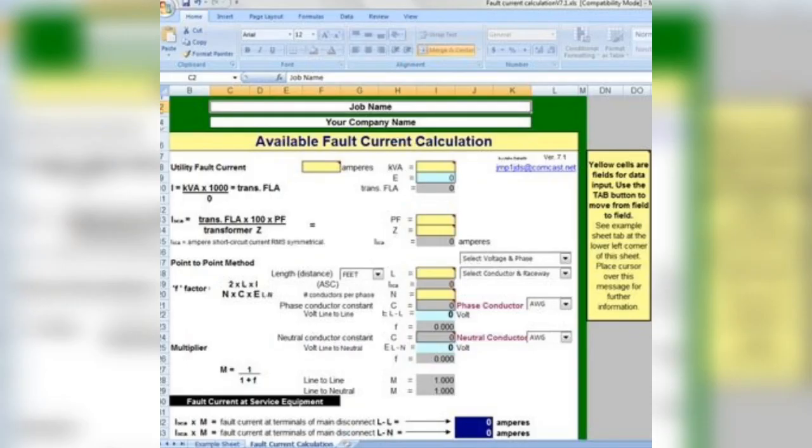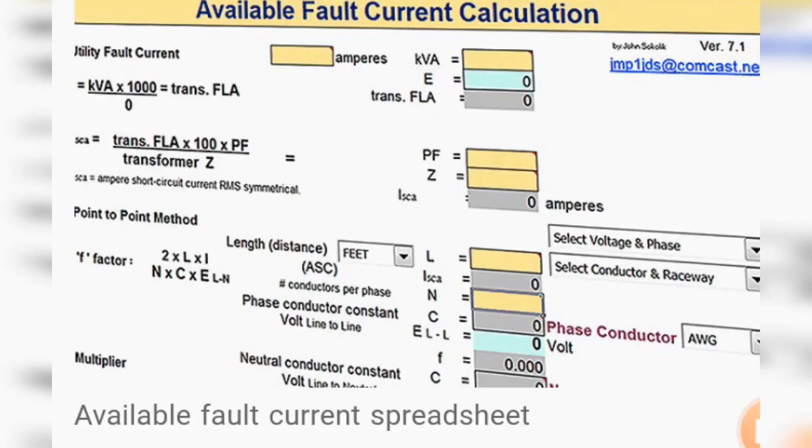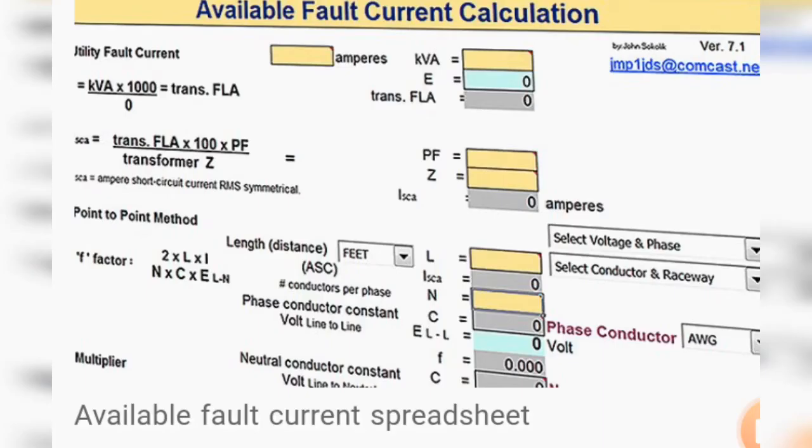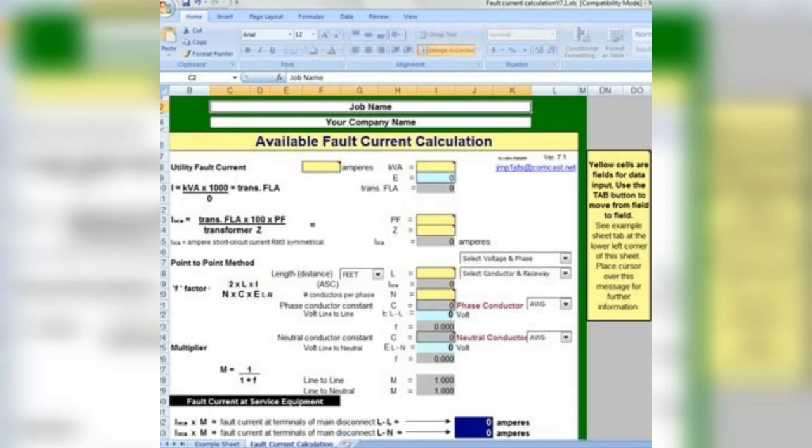Insert the kVA rating, power factor, and the impedance Z of the transformer; it is not required to continue. Note, when you have inserted the kVA rating, power factor and impedance, you must select the voltage from the drop-down box, selecting the voltage in the phase before the value is calculated.